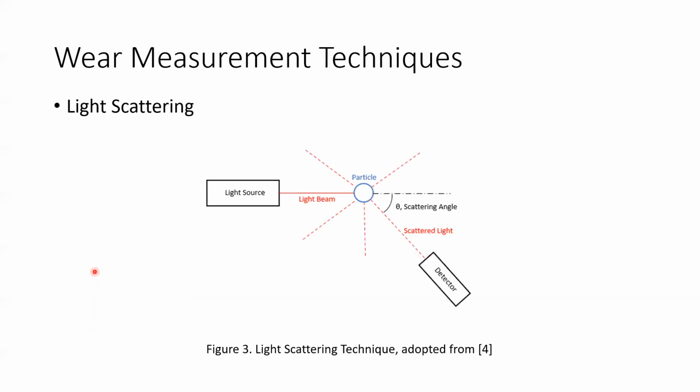Now, let's move on to the light scattering method. While some particles that leave a wearing surface stay on car components, the others may become airborne. The detection of these particles is realized with the light scattering technique. This method uses the principle of diffraction of light, or deviation, when it hits a